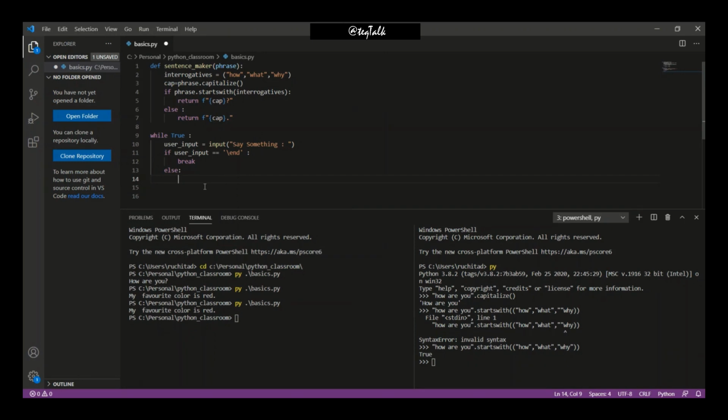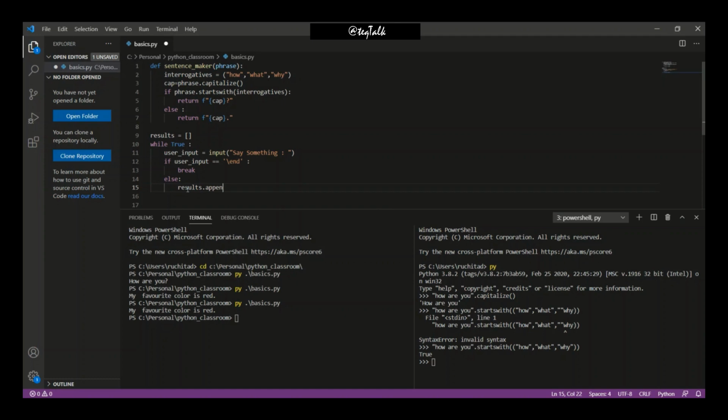So we can add all the phrases in a single list so that the list can convert them into a single whole text. So for that, we need to create a list over here. Just name it results, and it should be an empty list. So in this empty list, if the user is not giving /end, the inputs should be appended in the empty list. So here we just need to do results